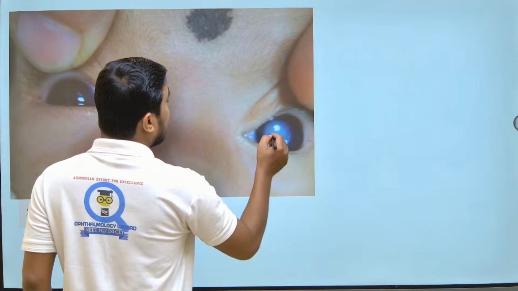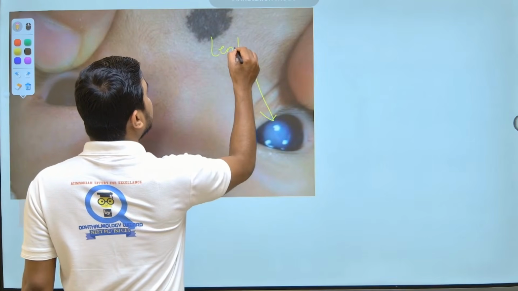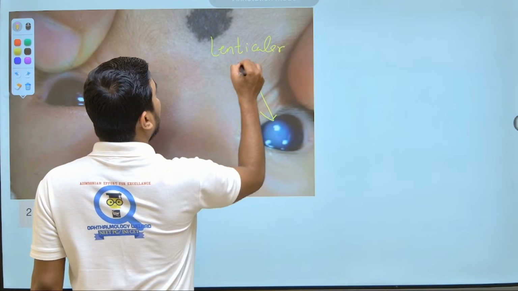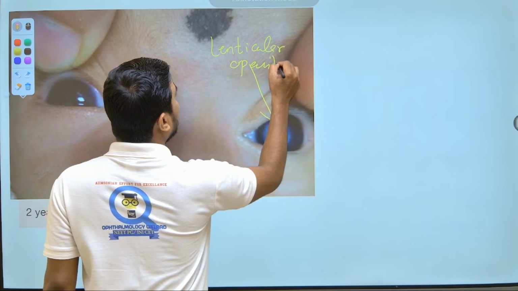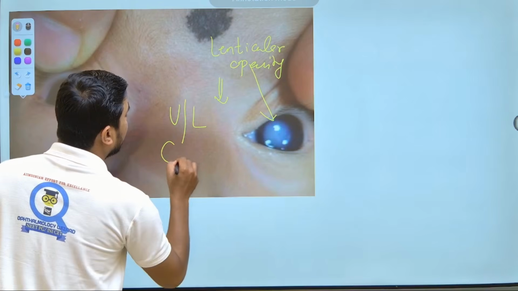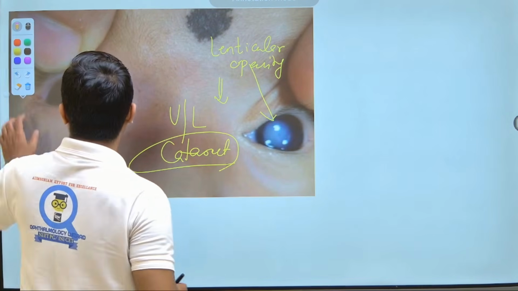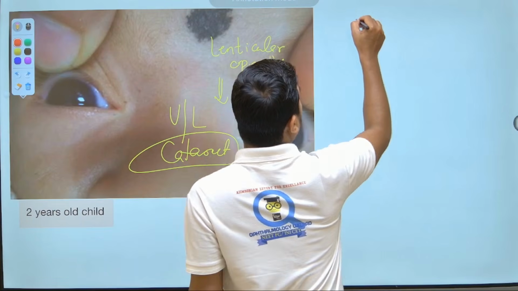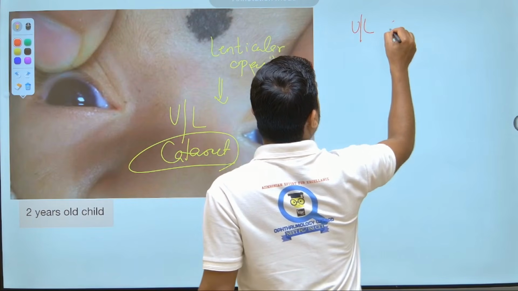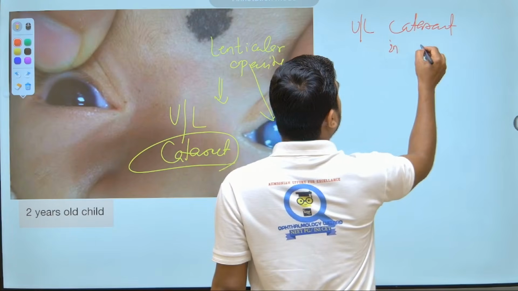So what you are seeing here is lenticular opacity. This is nothing but a unilateral cataract. Now when unilateral cataract occurs in a child,